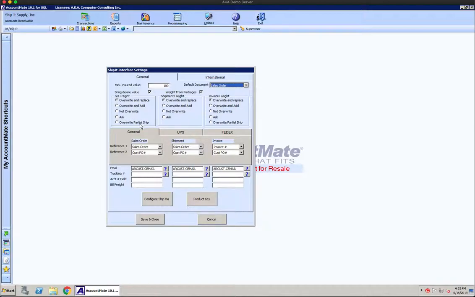And the last one would be to overwrite partial ship. The next thing would be obviously for the shipments and invoice documents, with kind of the same explanation as before. The next thing here would be